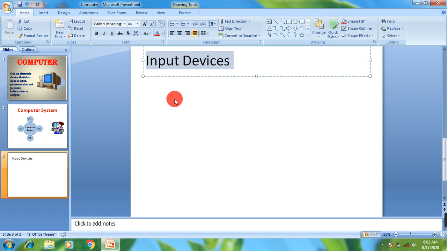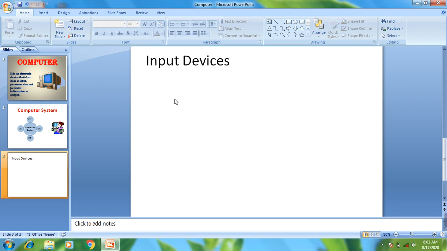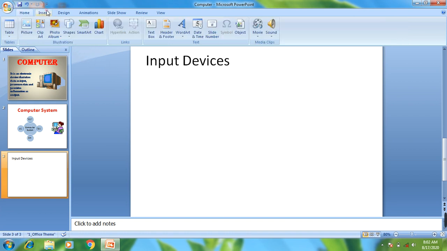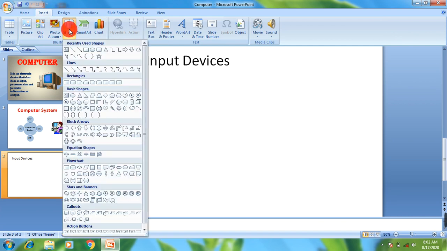We can also set the position of different other objects like shapes, charts and graph, table. So here I am going to take one shape so that I can show you how to position it in the slide. For this, click on Insert tab, Shapes option, choose any shape of your choice.